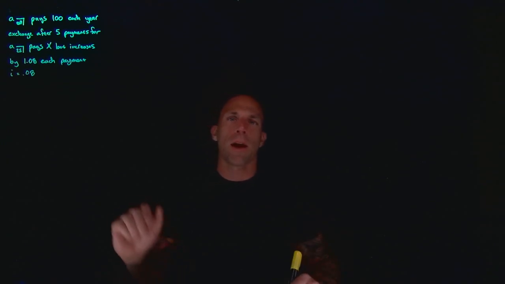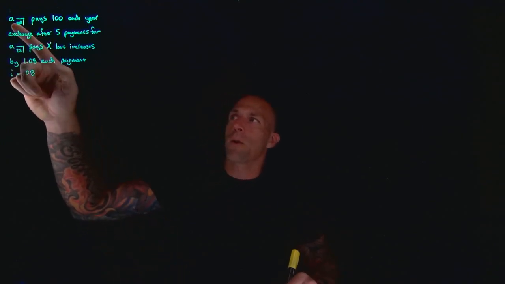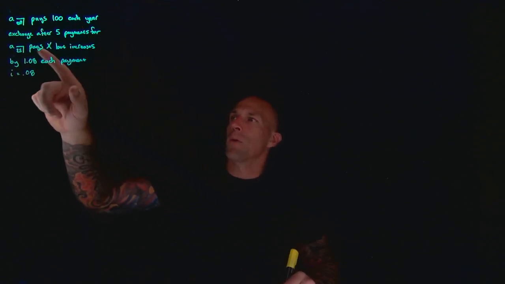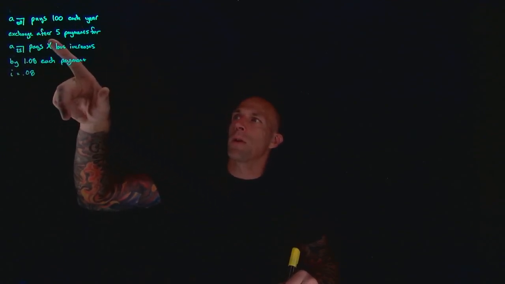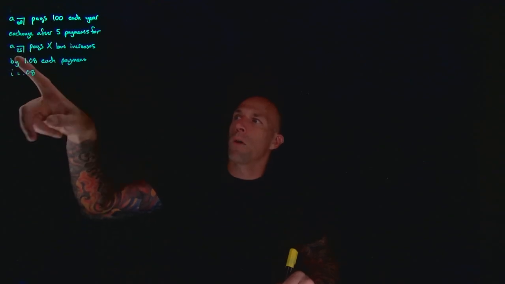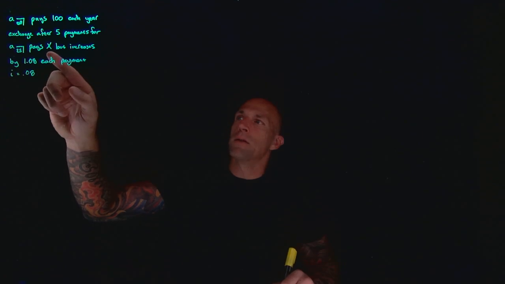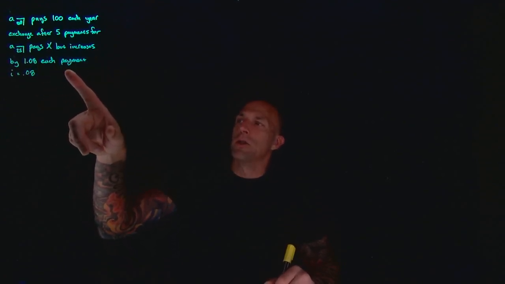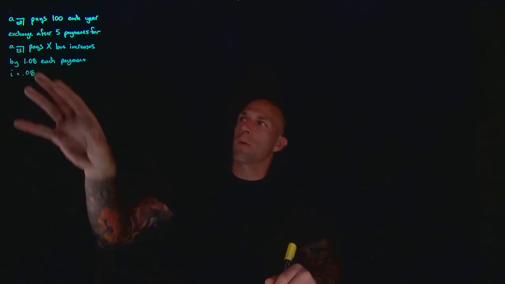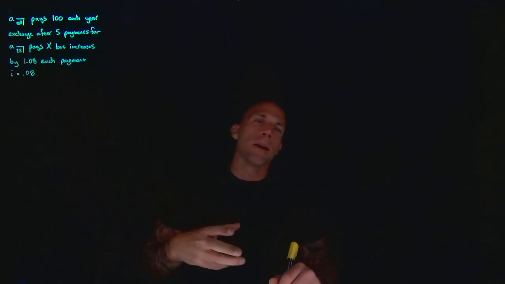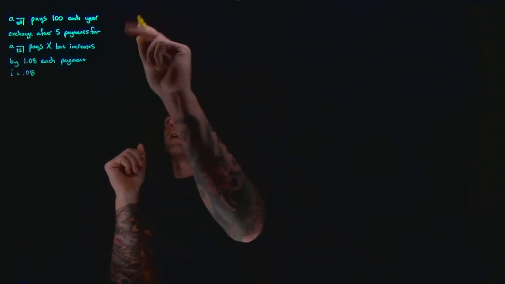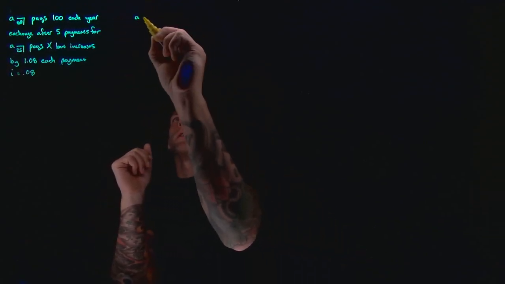This is problem number 8. We're told we have a perpetuity immediate that pays 100 at the end of each year, and we're going to exchange that perpetuity after 5 payments for a 25-year annuity that pays X, but the payment increases by 8% each year, and the interest rate for both the perpetuity and the annuity is also 8%. So first things first, let's get the value of the perpetuity immediate